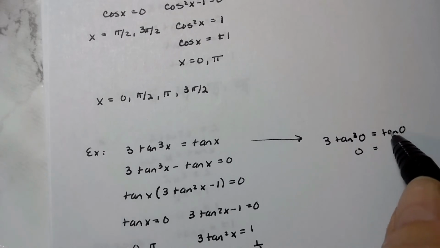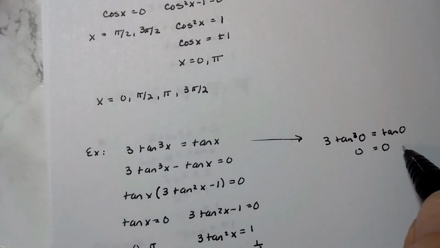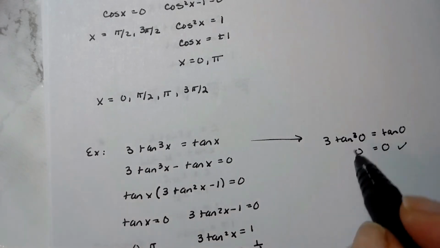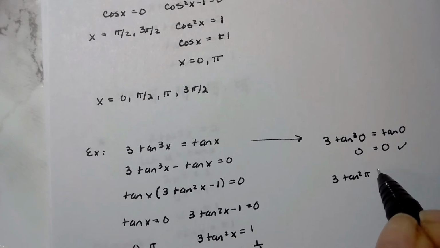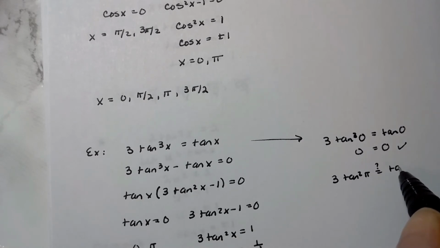And on the right, the tangent of 0 is 0, so the left side equals the right side, so 0 is a solution. I might want to try pi. 3 times the tangent squared of pi, does that equal the tangent of pi? Well,